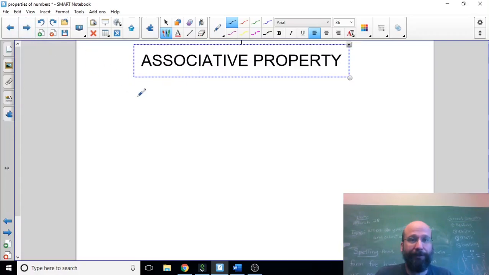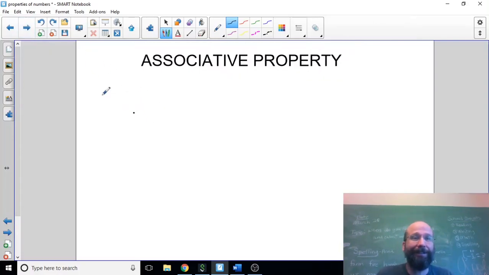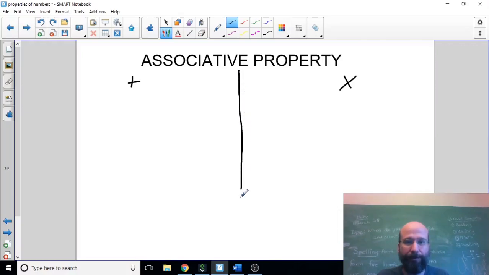The next property we're going to do is the associative property. The associative property, there's two different properties. There's one for associative property of addition. There's one for associative property of multiplication. So the associative property basically says that if you change the groups,